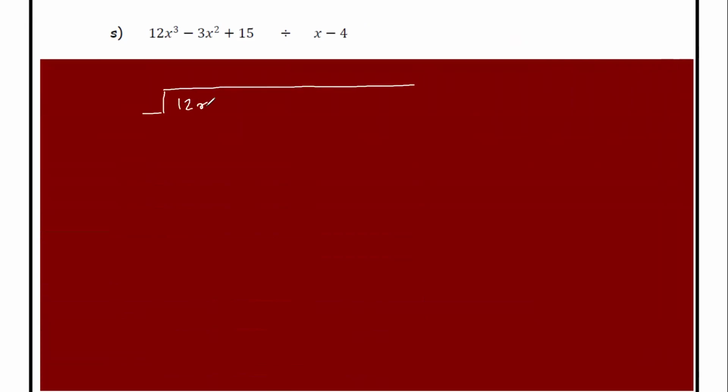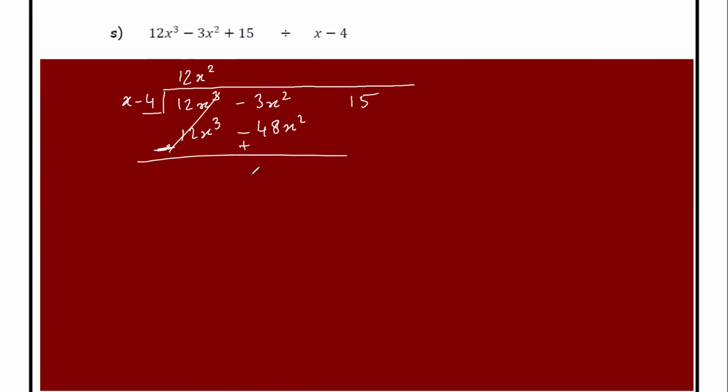So you got 12x cubed minus 3x squared, and then leave some gap for the x, and you got 50. This is x minus 4. So I want 12x squared into x gives me 12x cubed. 12x squared into -4 gives me -48x squared. Change the sign. That's minus and plus. This cancels. And I've got